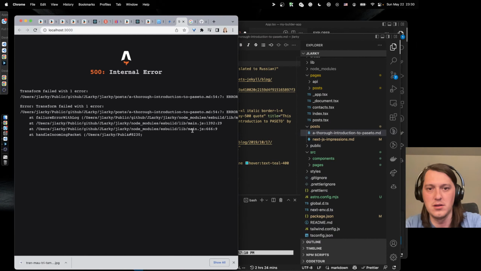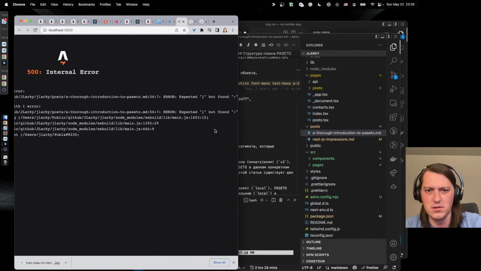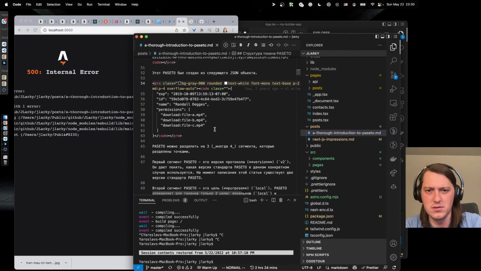It's not that simple anymore. Okay, so here, line 54, code. Expected but found. Okay, so what are you expecting? Okay, so let's figure out if this is really line 54. Okay, it is.